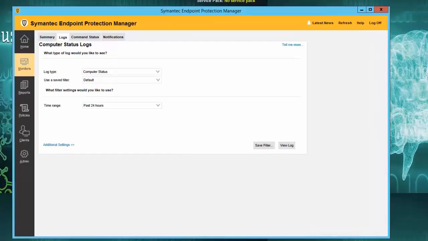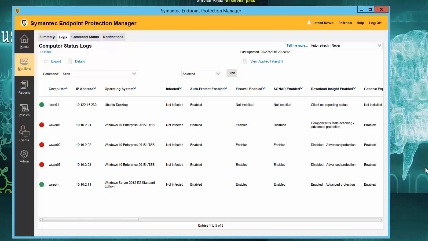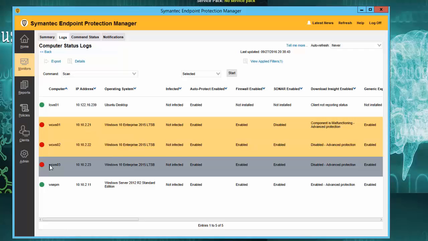In the Symantec Endpoint Protection Manager, I'll navigate to the Monitors view and click on the Logs tab. Computer status is already selected for the log type, so I'm ready to click on View Log. In the computer status logs, I can see that WCW S01, WCW S02, and WCW S03 all show advanced protection